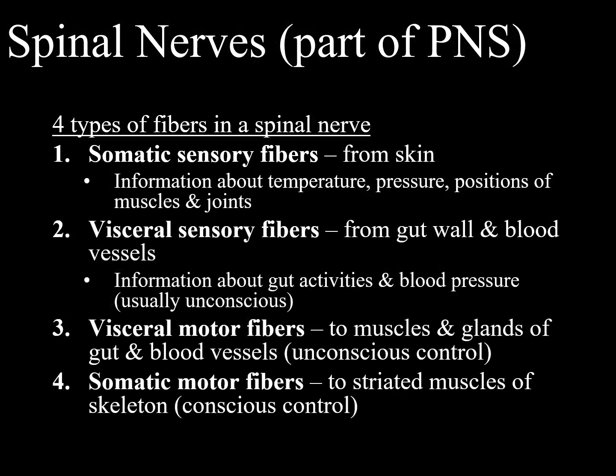Now, in the spinal nerves, remember those spinal nerves are branching off of the spinal cord, so the spinal nerves themselves are part of the peripheral nervous system. There are 4 different types of nerve fibers that form each spinal nerve. There are somatic sensory fibers. These come from the skin, and it's information about the temperature you're experiencing, pressure on your skin, positions of your